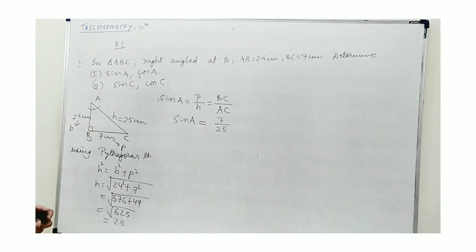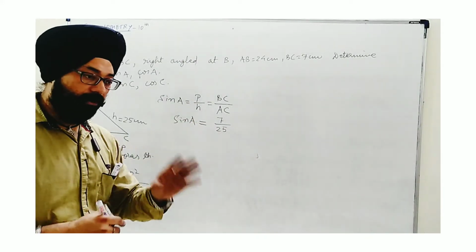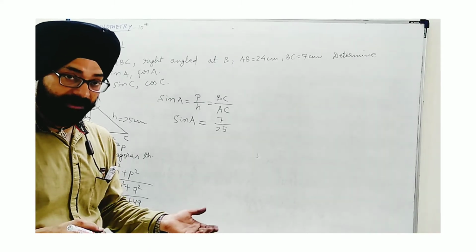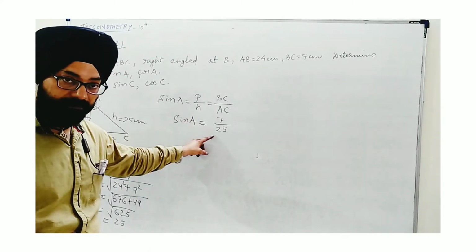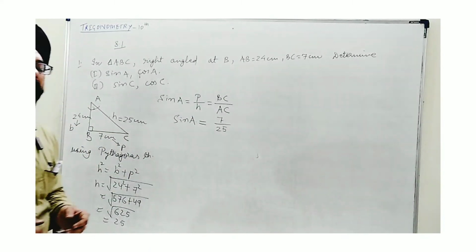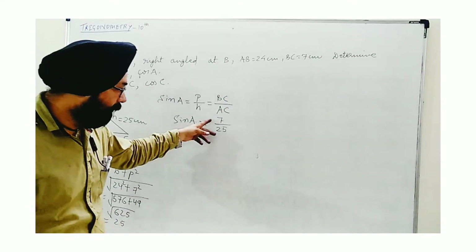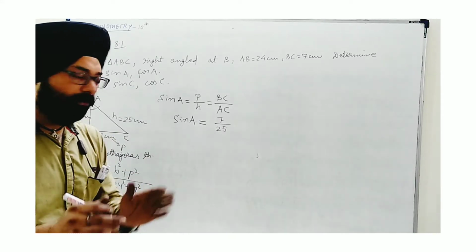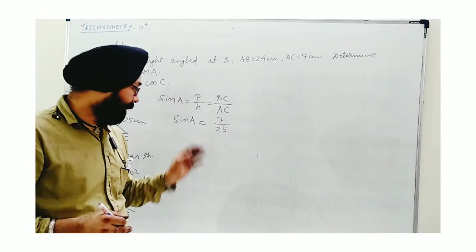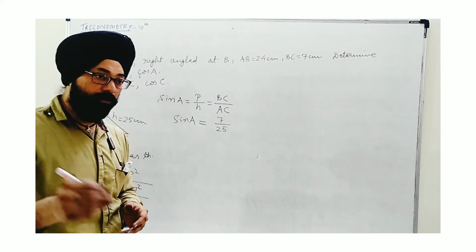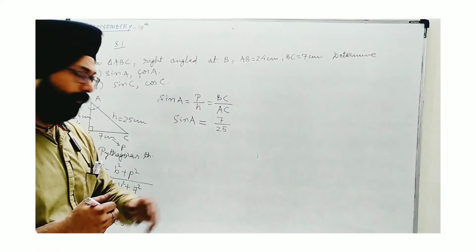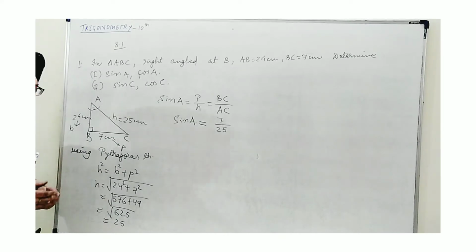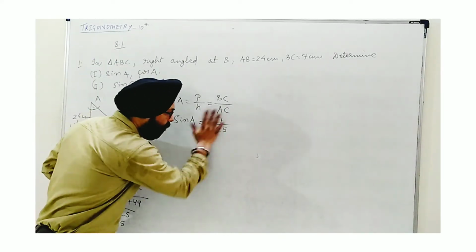Be careful, as I said, these are ratios, so there will be no unit of length like centimeter or meter used. Only 7 upon 25 is the final answer. And it's a ratio, as I am repeatedly saying, but in general we express it as a fraction. We use fractions to write the values. If possible, decimal is also possible, so we can convert it to decimal, maybe somewhere it is given, but mainly it is used in fraction form.